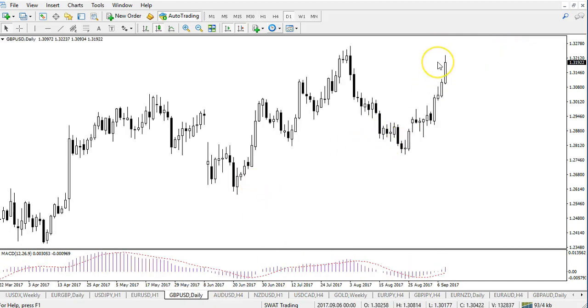Now, this went further to the upside than I expected as well. I did expect upside when price broke above this resistance like this. And I was talking about the move up to 130, 131. That happened, which is great. I hope you got some pips on that. Perfect. But it went actually further than that. It went up to 132. So that surprised me a little bit, and that could be changing the dynamic behind the pound dollar, in my